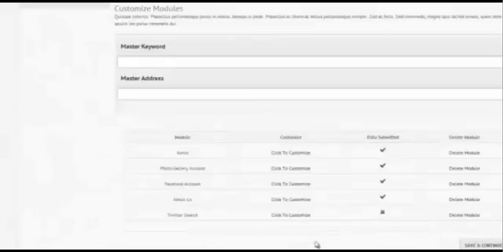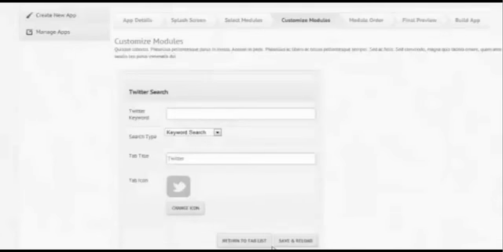And the last of the modules that I picked, remember I had like 12, 13 modules to pick from, but I only picked 5 for a little demonstration, is the Twitter search, and we'll show you there. Remember, we can do the keyword search, or we could actually do a Twitter user account. In this case, we're just doing a keyword search, and do you want to do carrots again, or pie? Let's do pie, okay? Pie. Tab title Twitter,